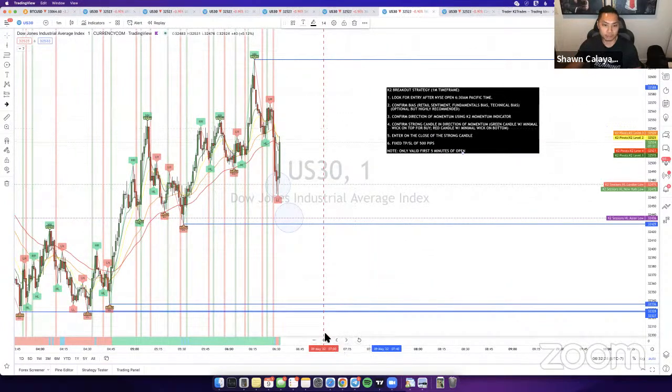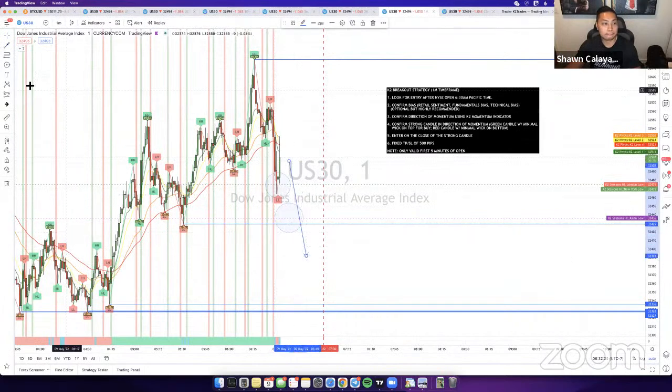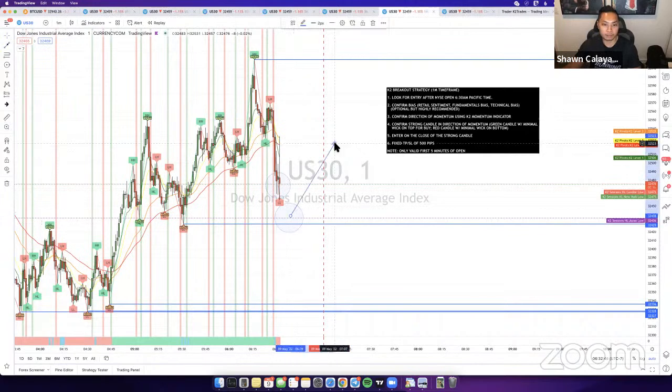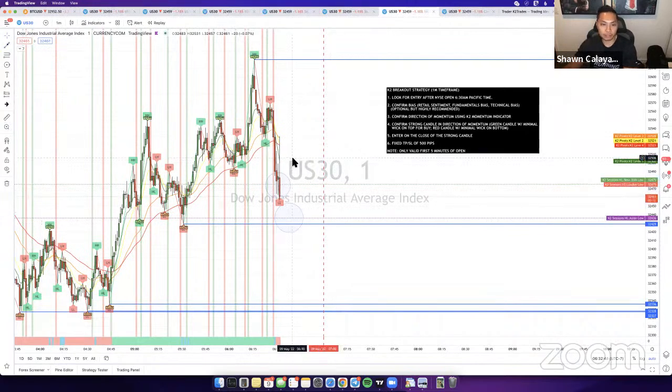We're still looking for a sell though. So overall bias here is definitely going to be a sell. But in order for me to look for a trade, I want price to be way down here. Once price gets down here, I'm going to start looking for some sells. But right now, definitely not looking for any sells because it's right at the sessions. And even if we get in right here, there's going to be another issue when price gets below here, because if price does get below here, it can still bounce off this session right here, right? So you can see price is trying really hard to get past it. It hasn't gotten past it yet, but it's trying really hard.